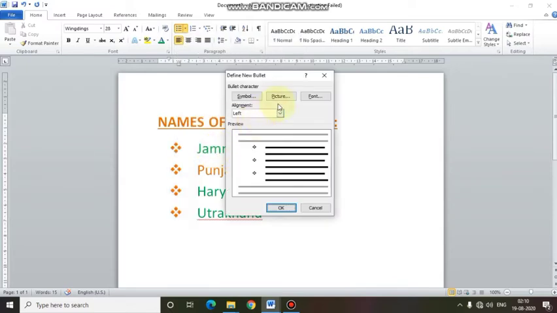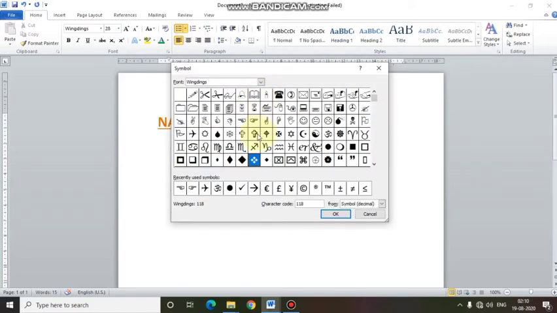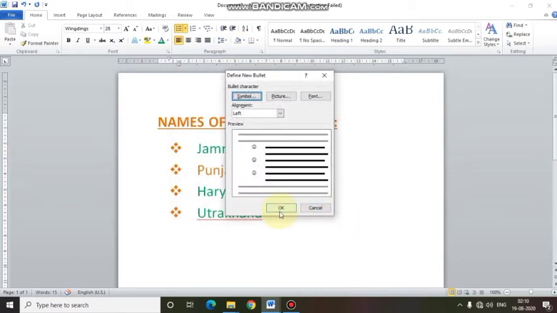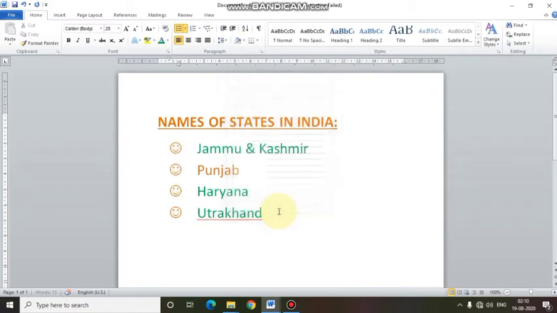Let's choose a symbol from here. Let's choose this symbol and click on OK. Click on OK again. Now your bullets are changed to a smiley. In this way you can define any other bullet according to your choice.